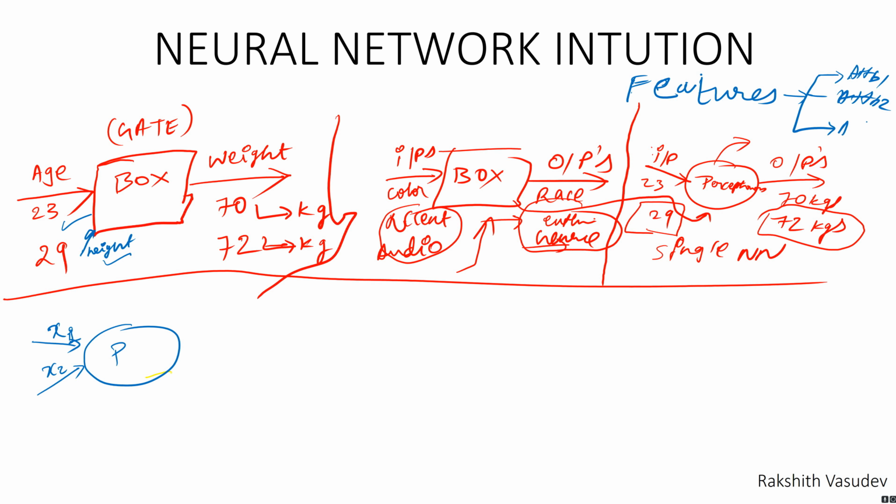So maybe a person has age as an attribute, color as an attribute, weight as an attribute, and maybe his accent as an attribute. And you guys know that I have an Indian accent basically. These are all called features, and you pass in features as inputs